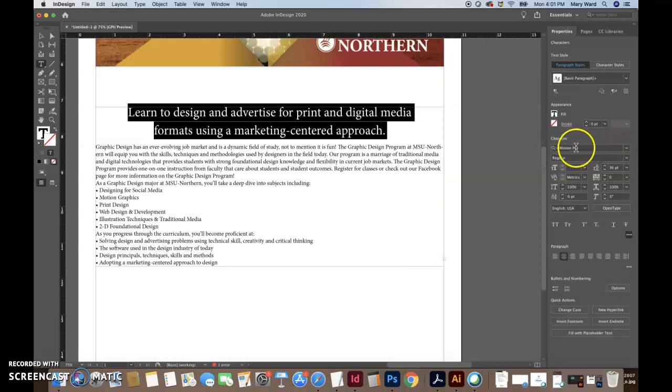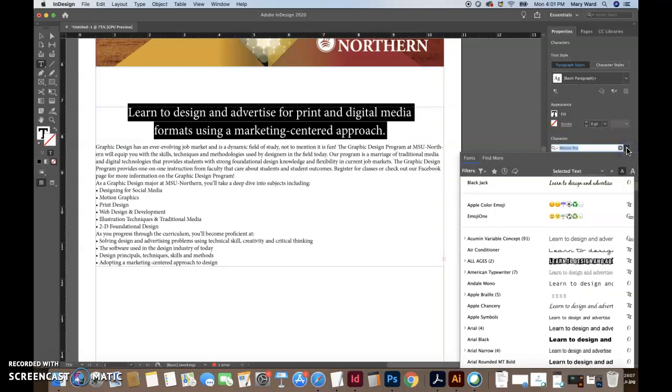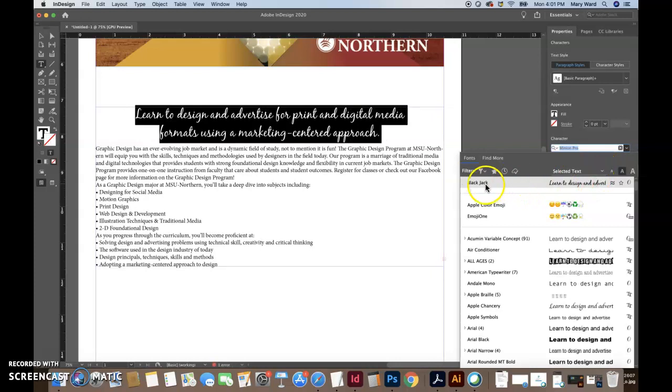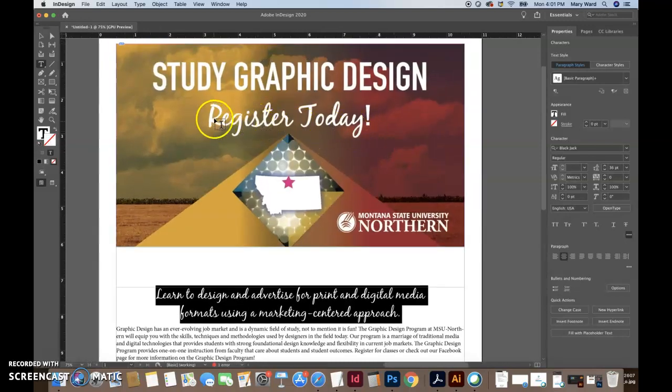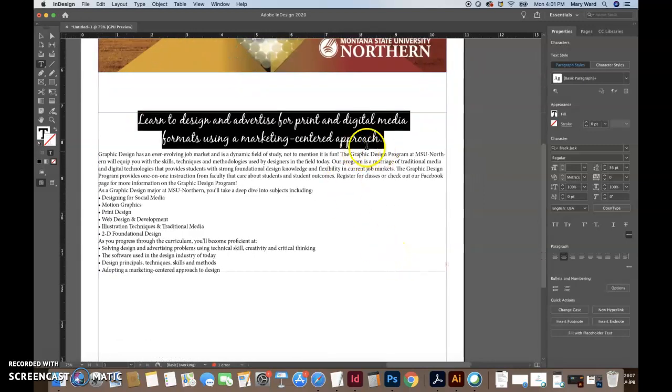And let's actually change the font up here as well of this headline. So, I could try using Blackjack, which is one of my favorite ones, but honestly, for a headline, I would suggest going with something that's very legible, very readable. This is a little too scripty for text of this size. If you have a smaller bit of text that you want to have more scripty, you can, but this is not the best thing for legibility,